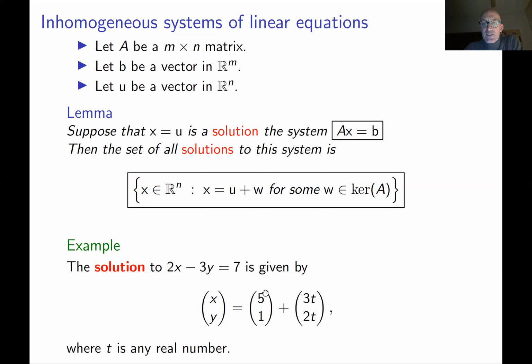Once you found this, you erase this 7, you put here 0, and you have the system 2x minus 3y equals 0. You just need to find the kernel of this 1 times 2 matrix. This kernel is one-dimensional, and its basis is the vector (3, 2). So all elements in the kernel look like t times the vector (3, 2), where t is any real number. By this lemma, this is our solution of the system. Of course, this system can clearly be solved without any tools, and you get the same answer.